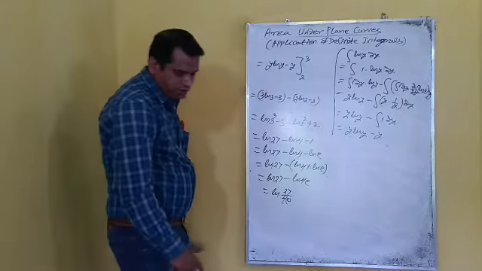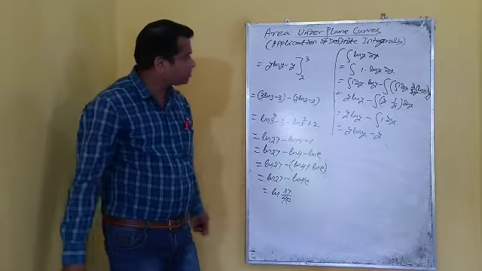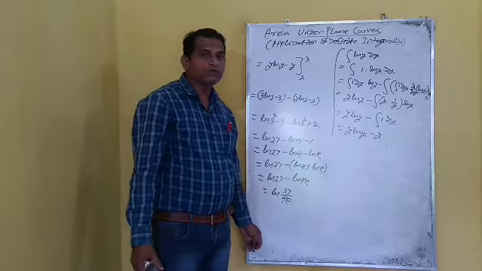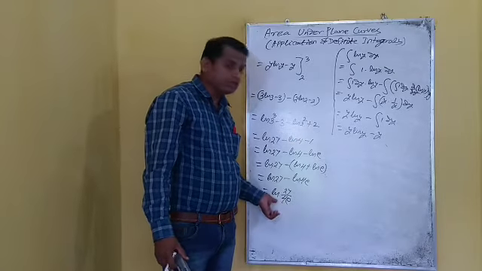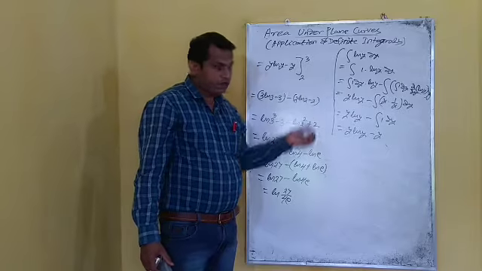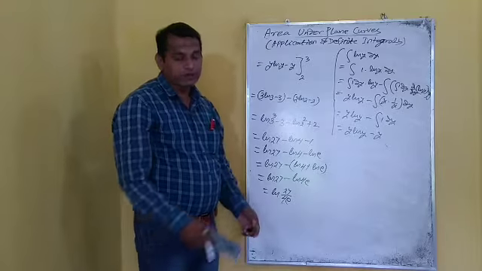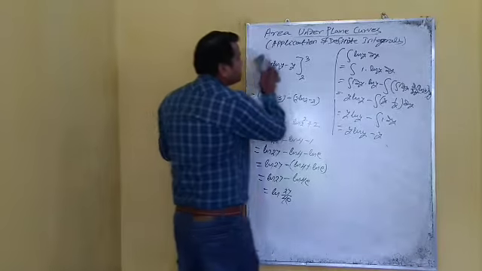So the required area covered by the curve y is equal to e to the power x along the y axis in the interval 2 to 3 is ln 27 divided by 4e. Okay, now we discuss